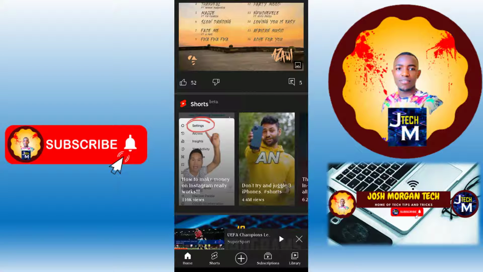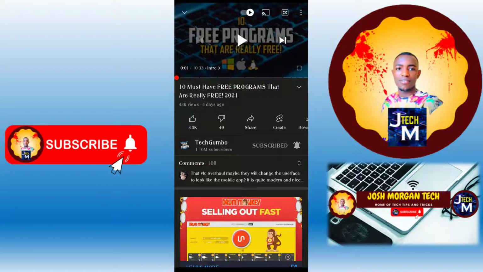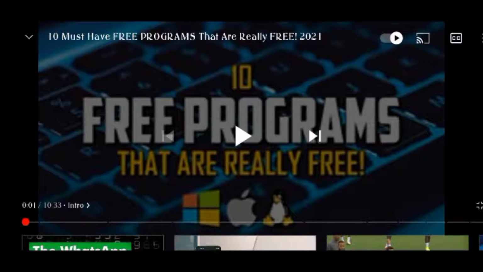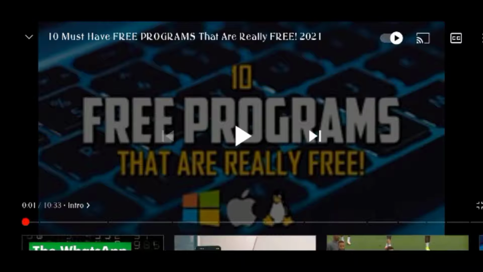So another thing, if I'm viewing a video, to easily view a video, maybe you want it in a form where you can watch it very clearly. Yeah? You just have to press this button here. Are you seeing this button? This one here. Then it will change your phone to this mode. Are you seeing? So here you can watch the video clearly.